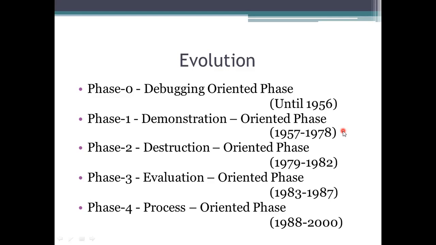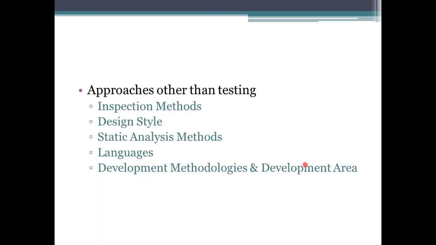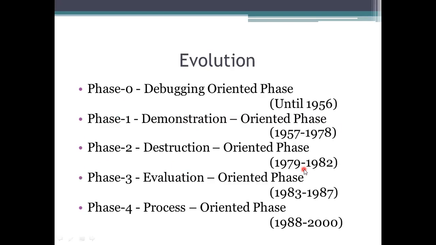Coming to the next phase, phase 3, which has been considered an evaluation-oriented one. The evaluation-oriented phase says that what was said in the earlier three phases is not the correct one, because while we are testing, we need to find out whether it has the ability to process or the ability to work or not. It means we need to prove that this is the working one.